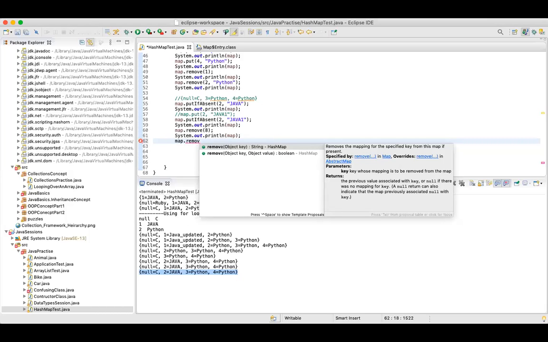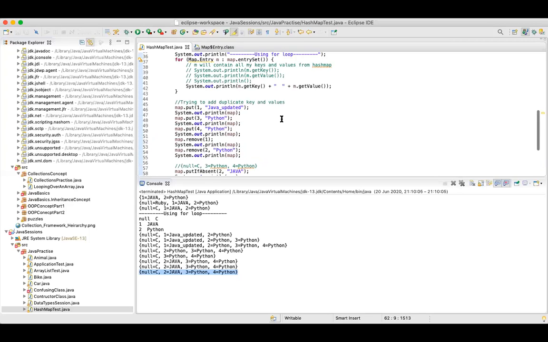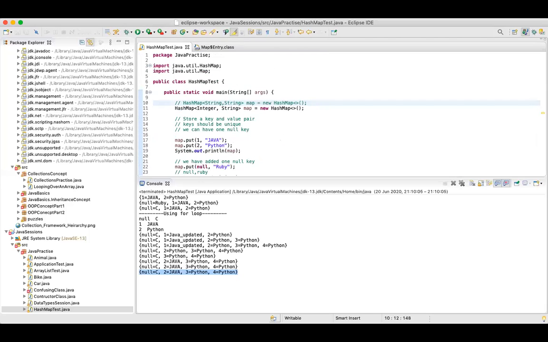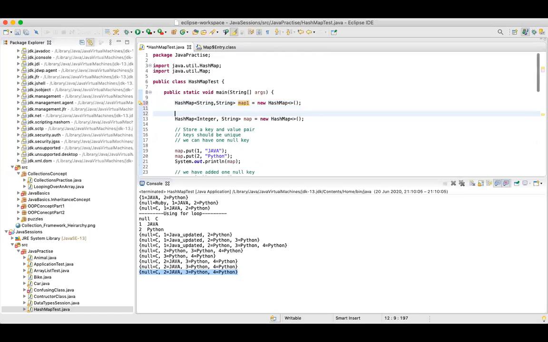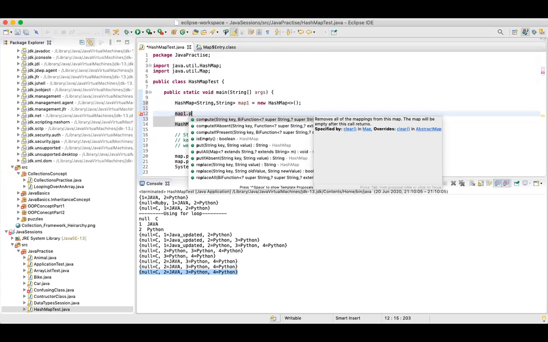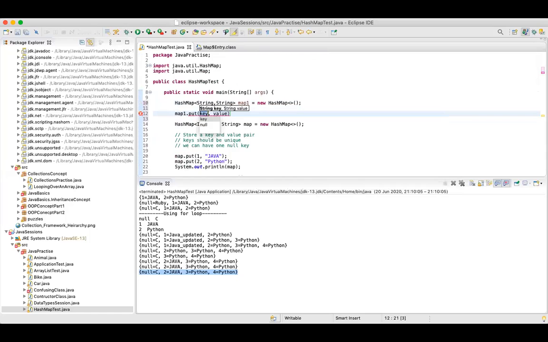Now we have seen this. Let's say there is one we have created, and this is a duplicate element, so let's say map one. Just to give an info, everything remains the same. When you add an element in map one with put, see, it's automatically saying string comma string, because it's expecting strings now.